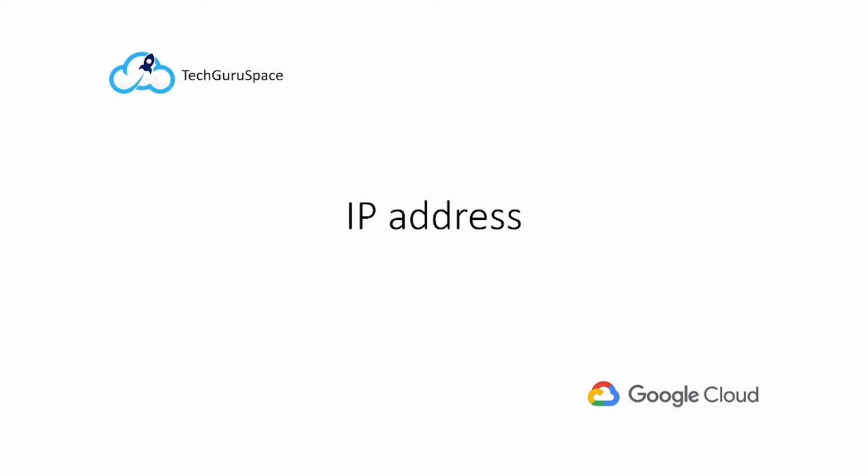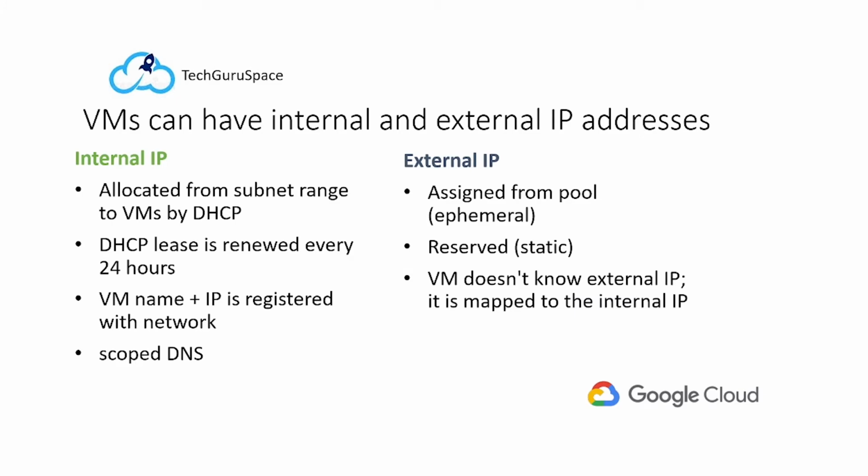Now that we've covered Google Cloud networks at a high level, let's go deeper by exploring the IP addresses. In Google Cloud, a virtual machine can have two IP addresses assigned. One of them is an internal IP address, which is going to be assigned via DHCP internally. Every VM that starts up and any service that depends on virtual machines gets an internal IP address. Examples of such services are App Engine and Google Kubernetes Engine,